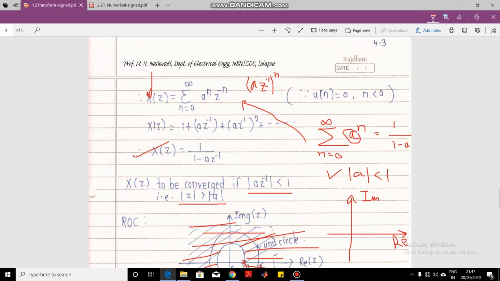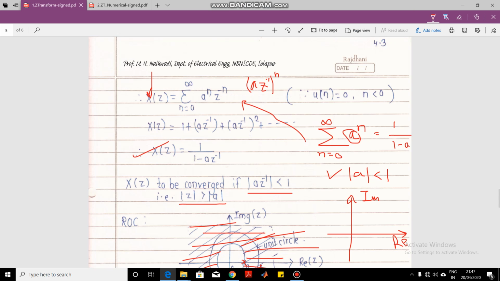We were summarizing in the previous lecture. We were summarizing the numerical on Z transform for infinite duration sequence. In that, I told you that this formula, summation n equal to 0 to infinity of x raised to n, is equal to 1 upon 1 minus x. So in this case, our x is a z raised to minus 1.